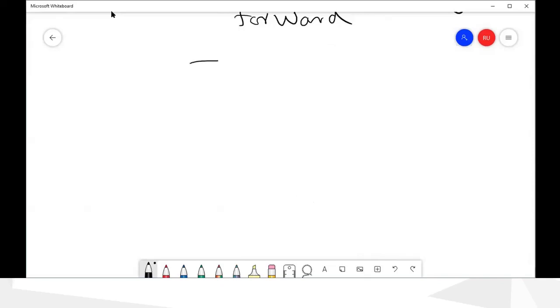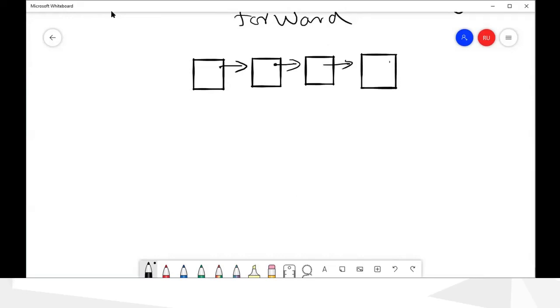So the linked list will look like this: we have a forward link from each node, something like this. The final will be null, and then we have backward links.